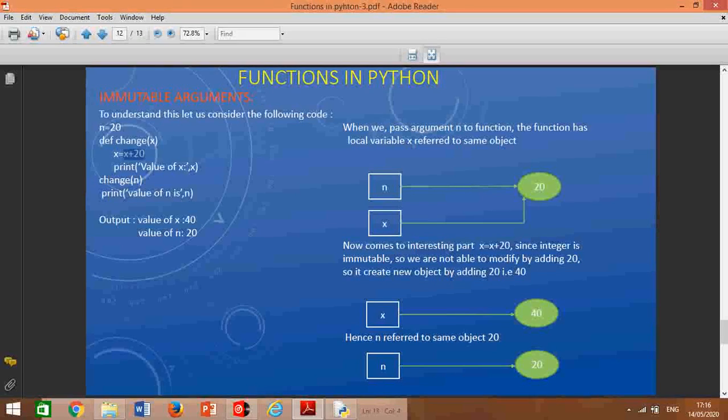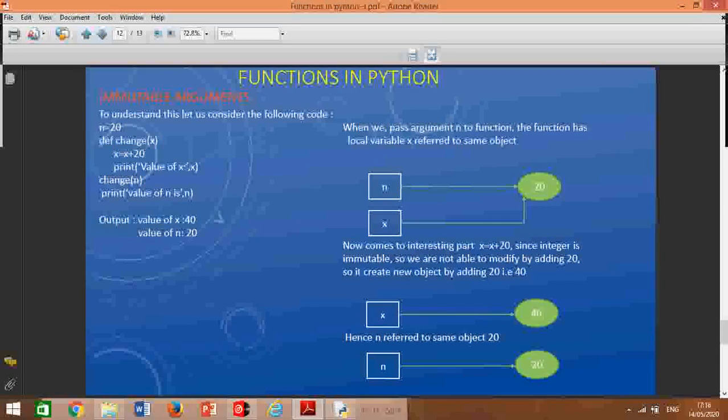So it creates a new object by adding 20, that is 40. So the answer is a new object of x. 20 is not modifiable because x is a reference to that memory location. You cannot change an integer since it is immutable, so it will create a new object here.